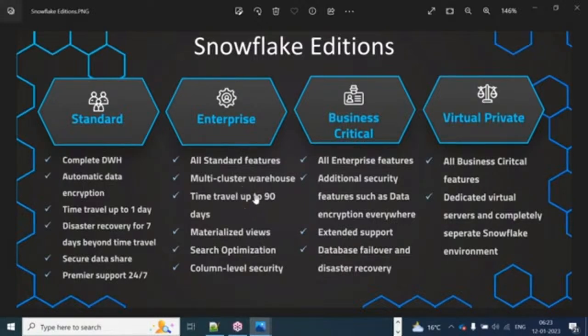Time travel in enterprise edition will be there for 90 days. In case of standard, time travel will be available only for one day. In case of enterprise, the time travel option will be around till 90 days. So this is a great feature actually. Suppose you have done your modifications today, and within 90 days you want to bring the data back, then it will be available for 90 days. So within that time, at any time you can go back to the history of the table